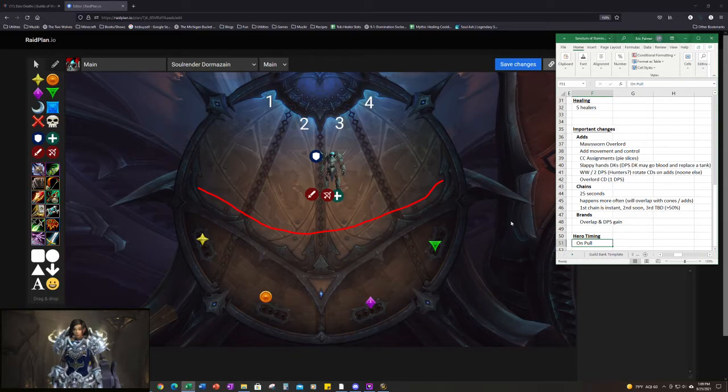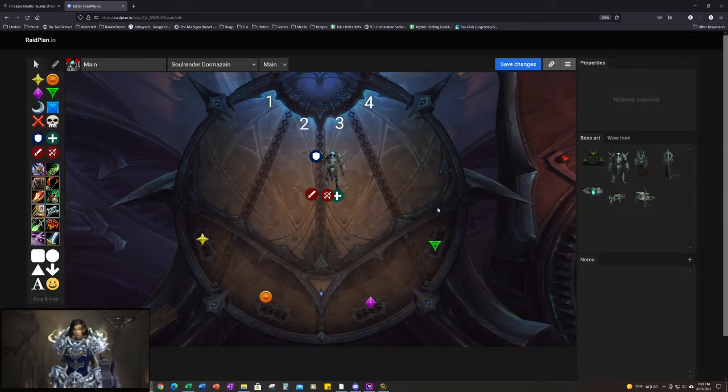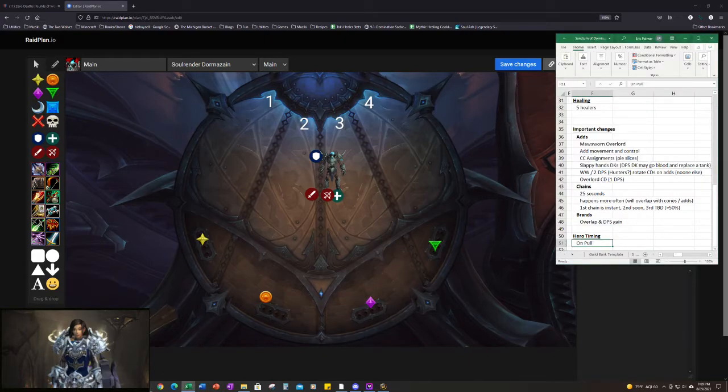Don't get hit by swirlies. Definitely don't get hit by the pizzas. You'll just instantly die from those. We will be heroing on pull again because it's really important that we get a lot of boss damage. This is a tighter fight, and with that in mind, we are going to call the cooldowns of a few classes. So a Windwalker and one of the other DPS, maybe a Hunter, maybe someone else, will be assigned to